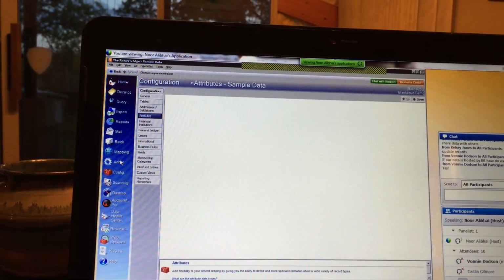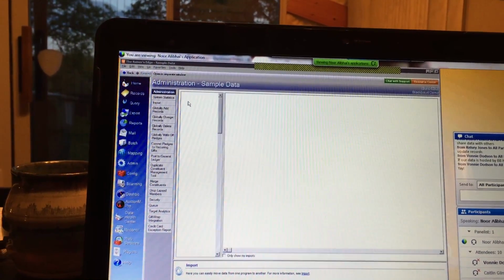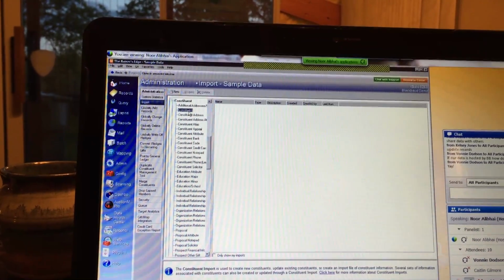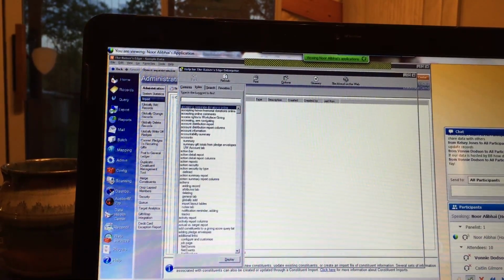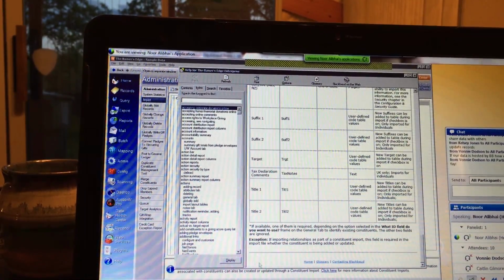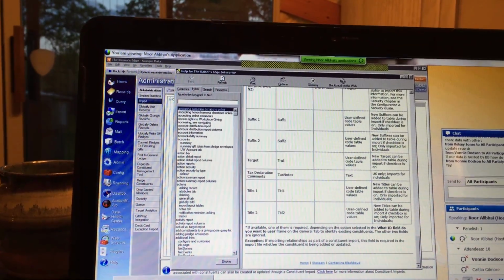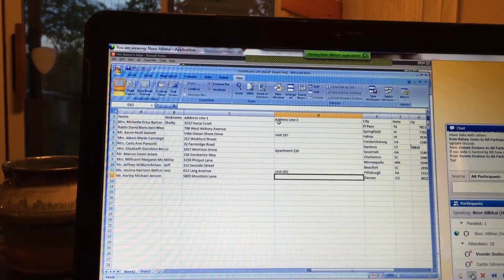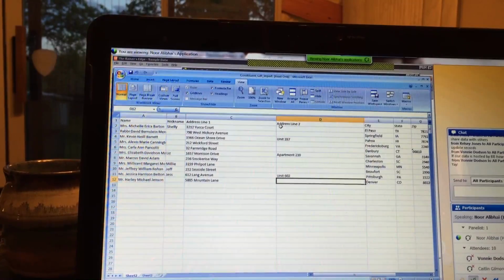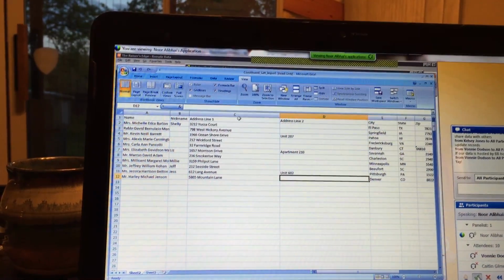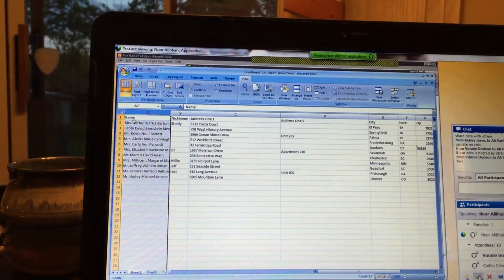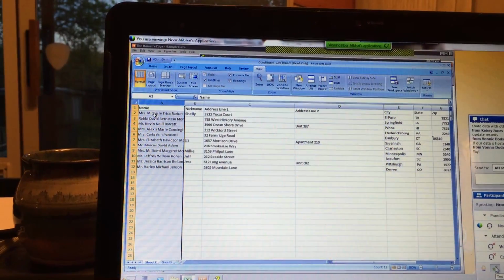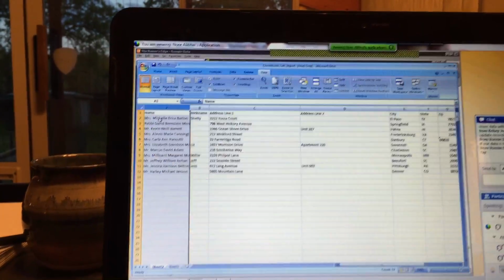So going back to admin and import, I would like to be able to create and to import new constituents. But before I can import new constituents, I need to be sure of what is required, and I also need to be sure that my spreadsheet is formatted correctly. Just a few minutes ago, you saw that I had separate fields for name, first name, middle name, last name, ID. Well, here in my spreadsheet, I don't have that. So I need to separate these fields. In order to separate the fields, I need to be able to basically, I'm going to use